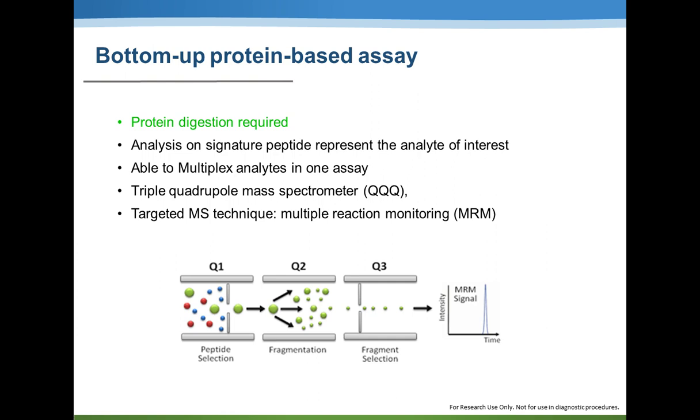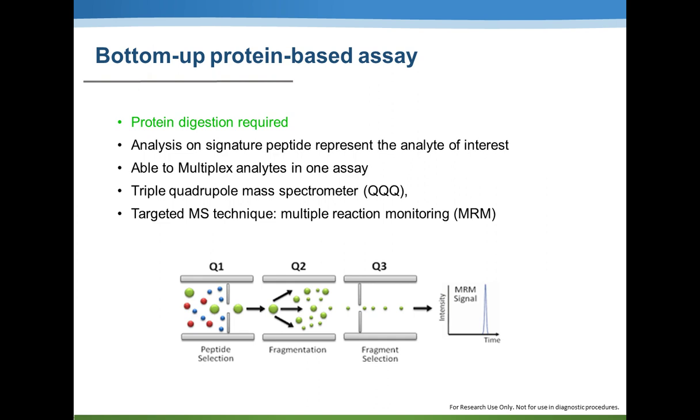So the bottom-up assay, which is different than the top-down, requires protein digestion. The analysis is based on the signature peptides, which represent the protein of your interest. Moreover, the analyte can be multiplexed in one assay, so you can measure more than one analyte in one mass spec assay. The typical mass spectrometer used is a triple quadrupole mass spectrometer running in the targeted MRM